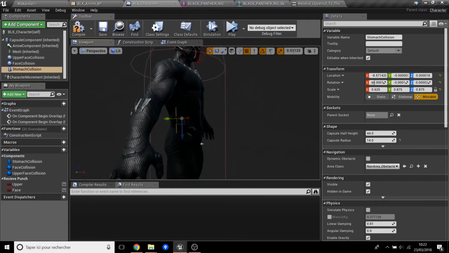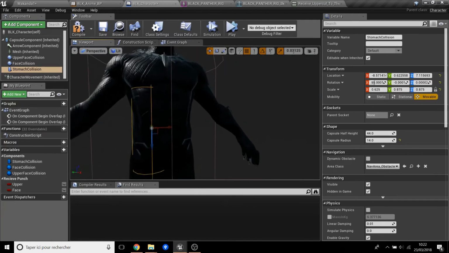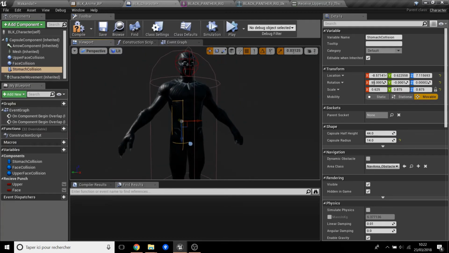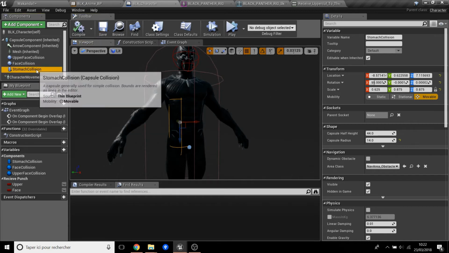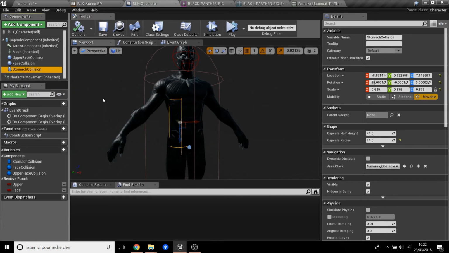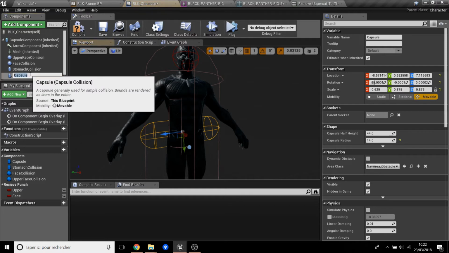But it's not really visible, so it's better if it's here. Yeah, here is nice. So the stomach body, and we will put and save, and this one will be body collision,